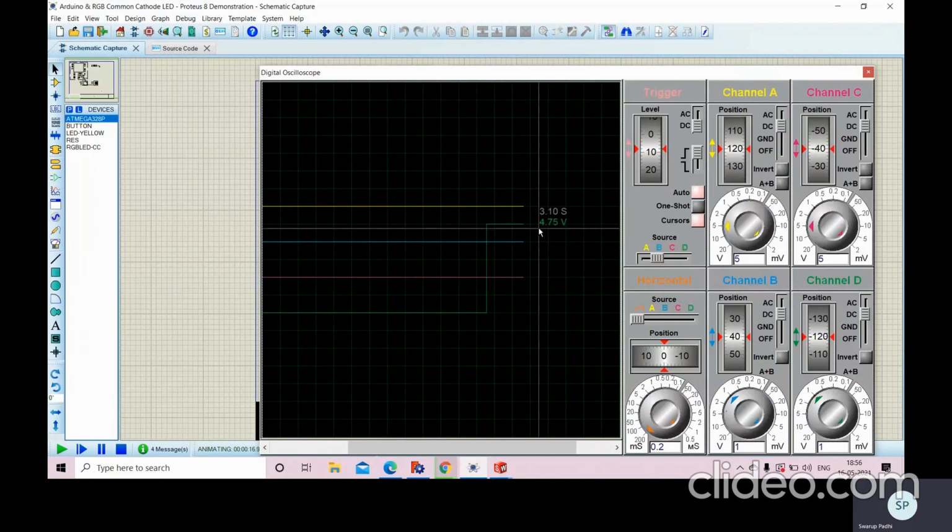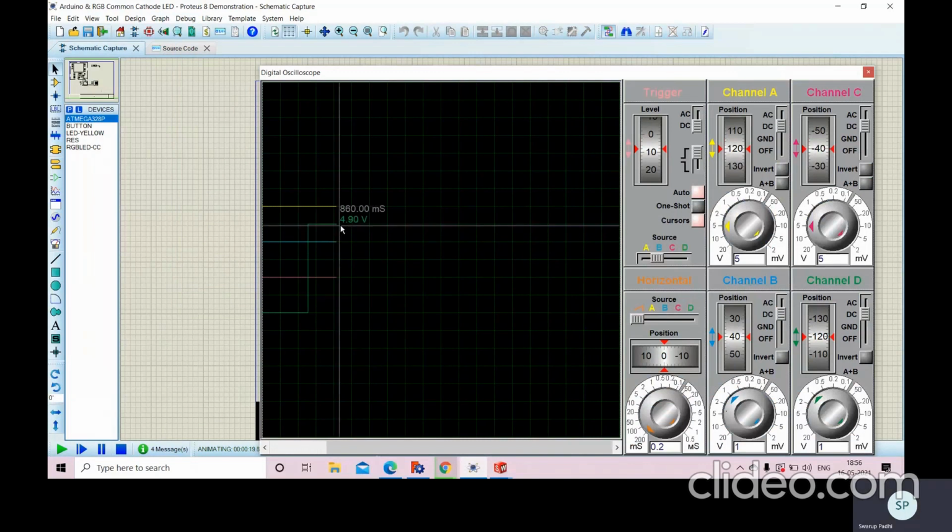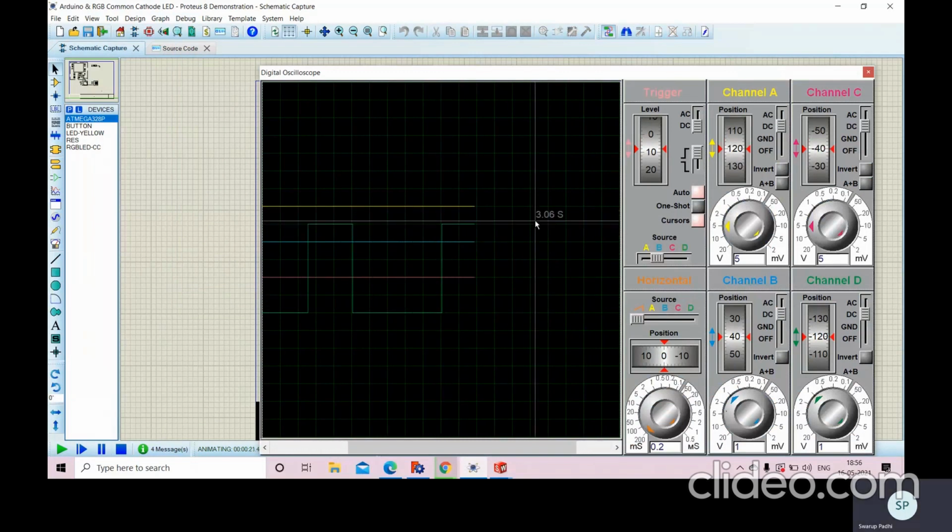As we see, it is going to the maximum, then returning back to the original position or a low output. This is the high output, and this is the point at which the LED stops blinking. So this is a composition of square waves. We already previously set this to DC, and set the calibration on the y-axis to 1 millivolt per division, and on the x-axis to 200 milliseconds per division.